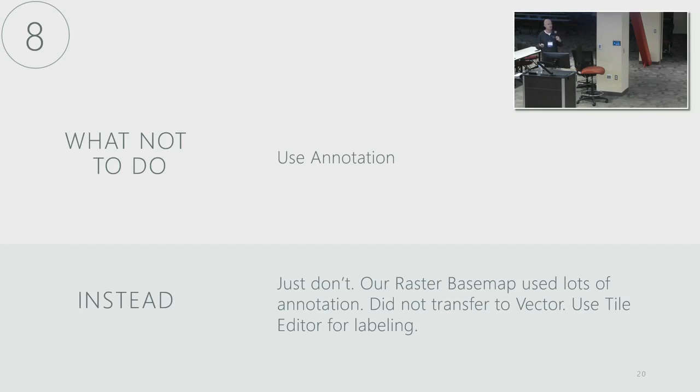We spent so much time in our raster Basemap at the first few scales putting labels on our interstates, on our counties, on the other states, some of the bigger water bodies, and we had those annotations just perfect. I know some people in this room were involved in that, and they looked great. Well, like I said, when you hit that analyze button, you get so many errors on annotation because we have an entire file geodatabase of annotations. So we just had to give it up. This goes back to one of my earlier points about labeling, because we just labeled everything. So now we had that there and we could manipulate it and recreate, as best we could, the use of our annotation in the raster Basemap.